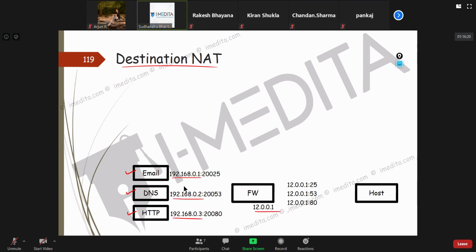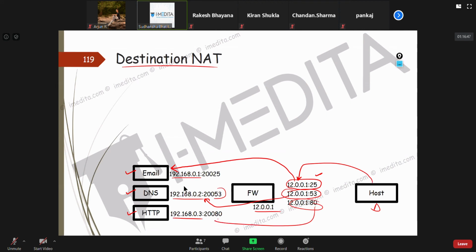And suppose this is the public IP on the outside facing interface. Now, when people from outside hit public IP 12.0.0.1 port number 25, I can translate them to go to my email server. If they hit 53, I'll translate them to go to the DNS server.